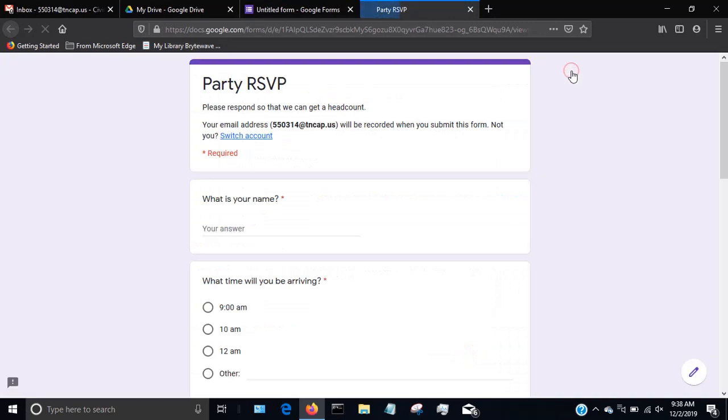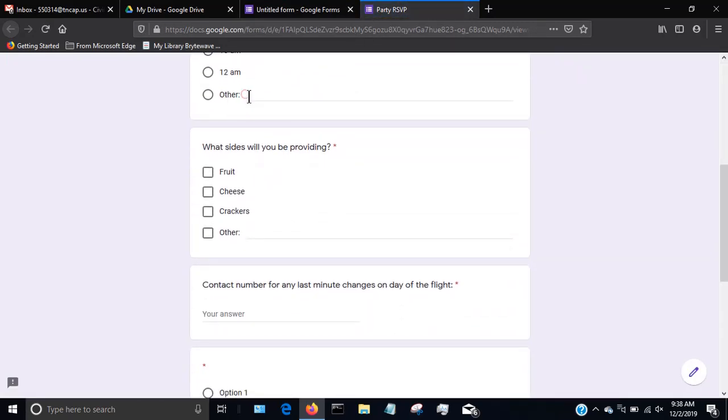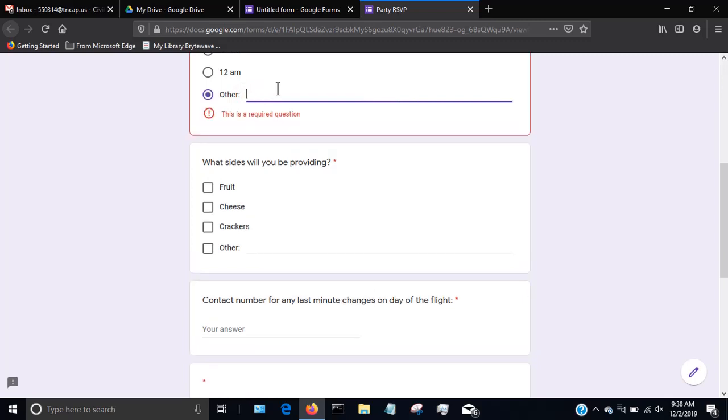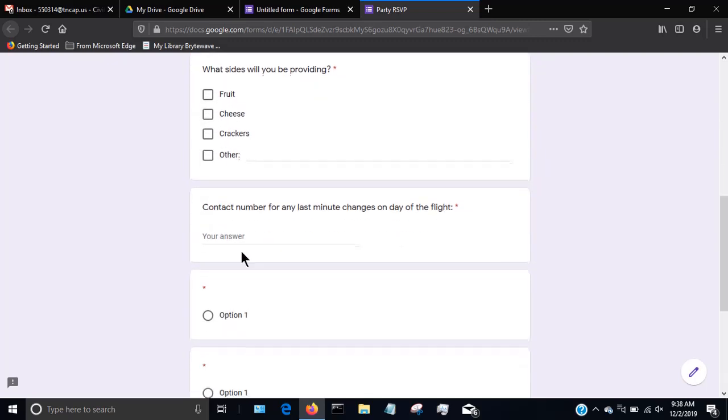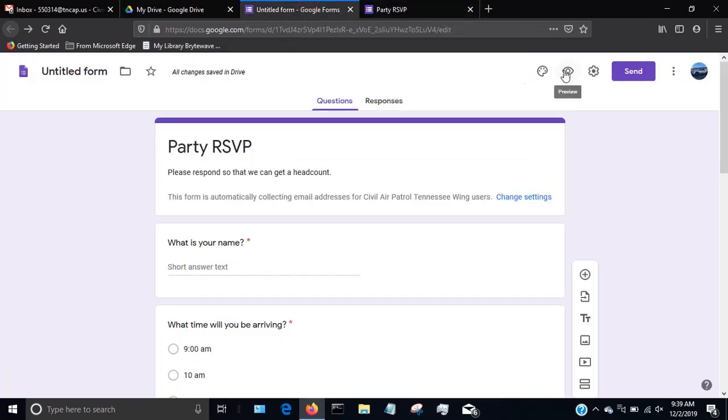Here you can preview your form, and this will show you exactly what it looks like. So you can see here, this is where I would enter additional information. Here I have my multiple choice. Here's my short answer. Here are a couple questions I didn't fill out, and then here's a submit button. And then here's the option to send me a response. So if we go back to our form,